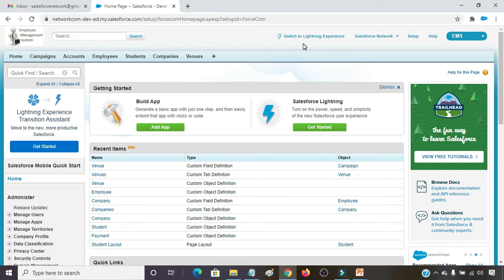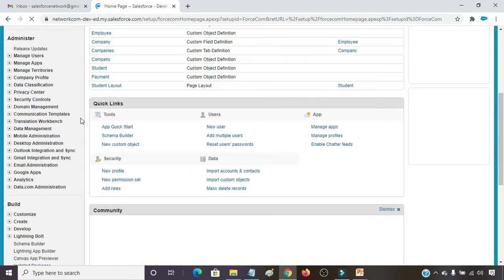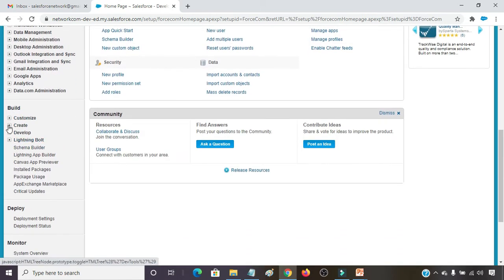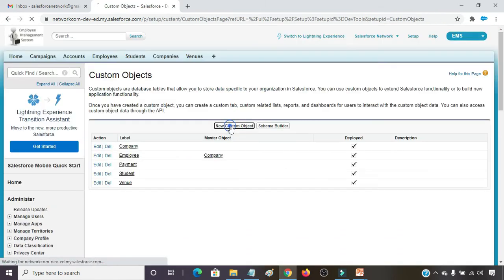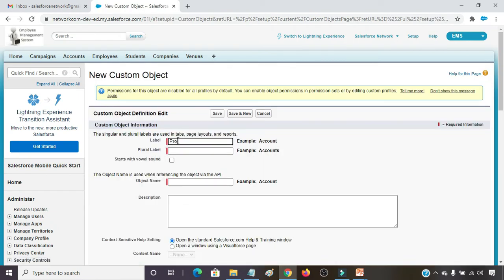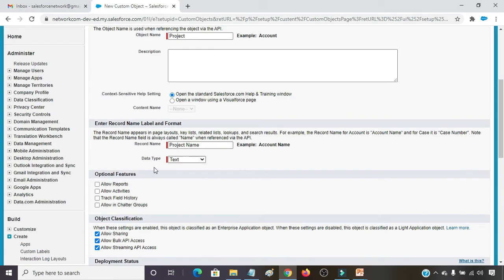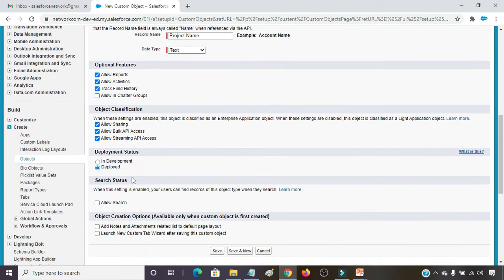For creating these three objects, first we click on Setup, Build, Create, Objects, New Custom Object, Project. Projects, project name, and I'm taking text by default. Allowing the three optional features: reports, activities, and track field history. Allow search, save and new.